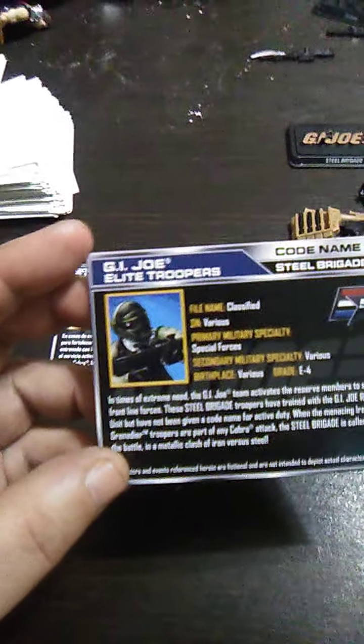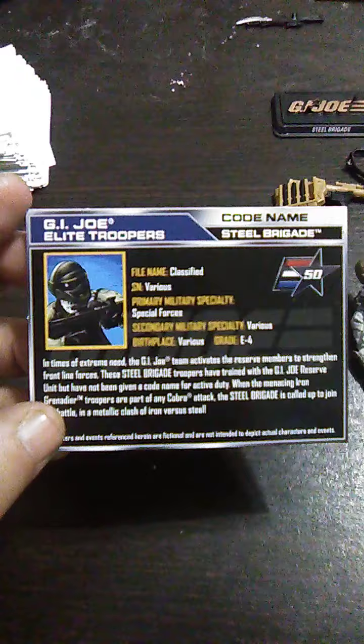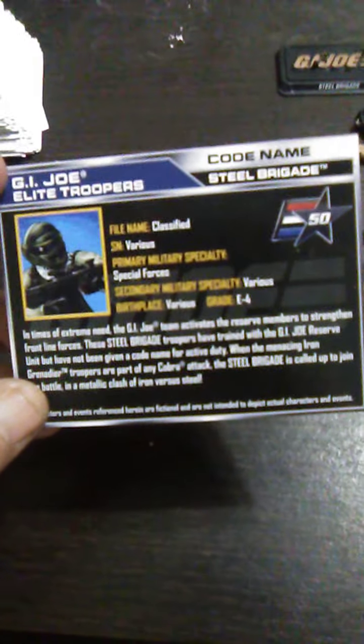Charles, I sent you. Just take a look at Steel Brigade, starting off with his file card, which he comes with 2 file cards in baseball card type style, with a language on both sides. But being that I speak English, I'll be referring to the English-speaking one, where it says Elite Trooper, G.I. Joe Elite Trooper, codename Steel Brigade, file name classified, serial number is various, primary military specialty, Special Forces, secondary military